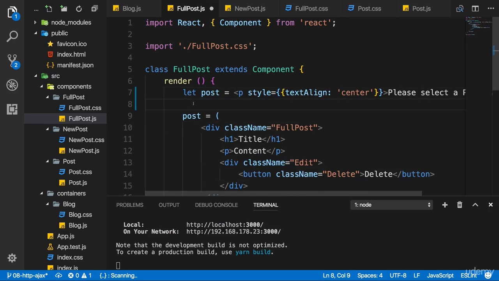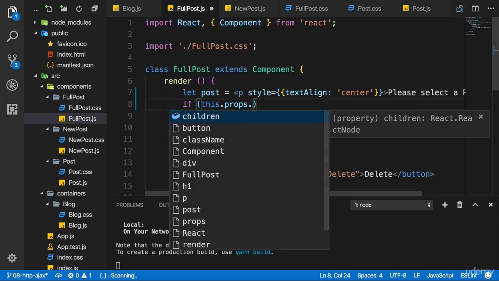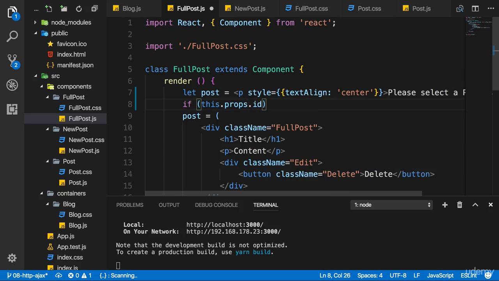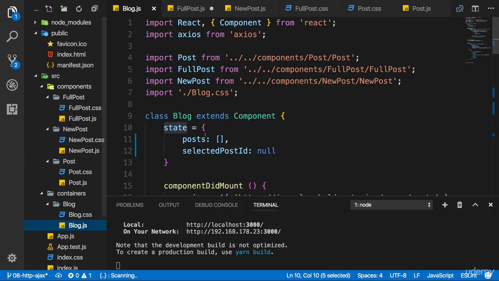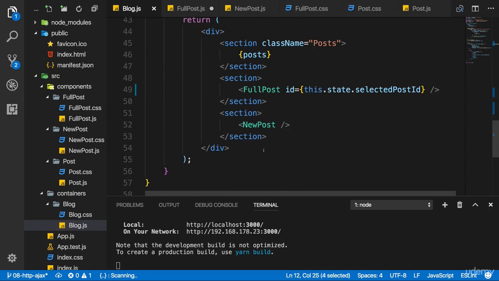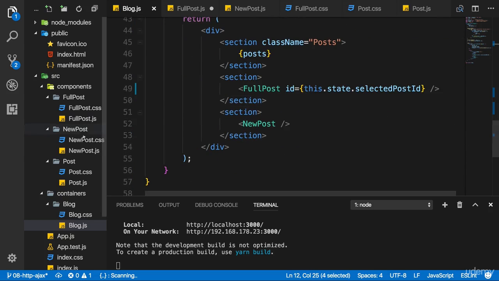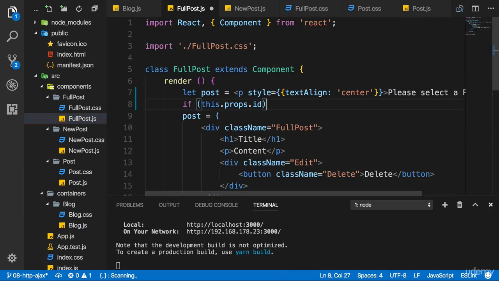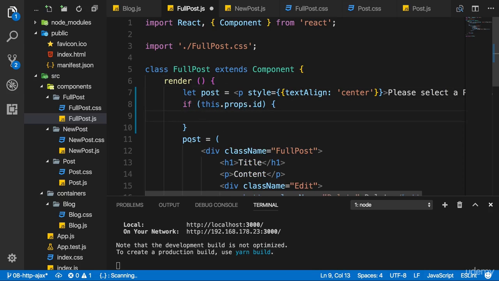And now I want to check if this props ID is true-ish. Initially, ID in the blog container is null, and we're passing this to full post, and null is treated as false. So initially, this check here will return false, so we won't get inside the if block.